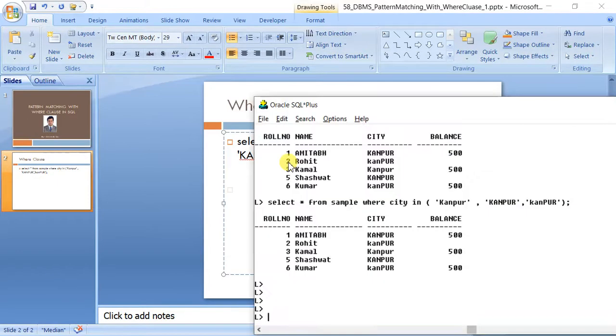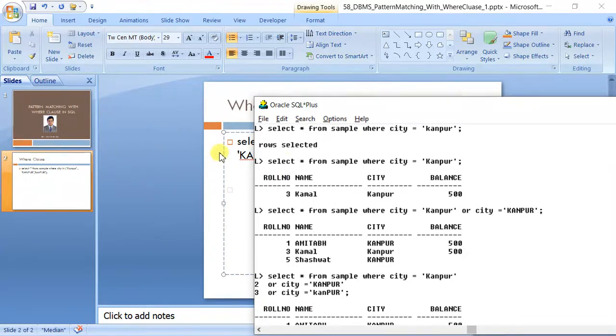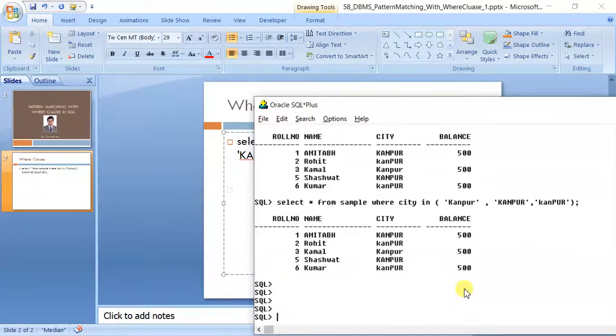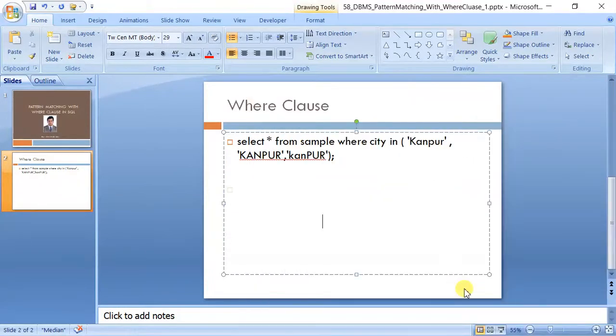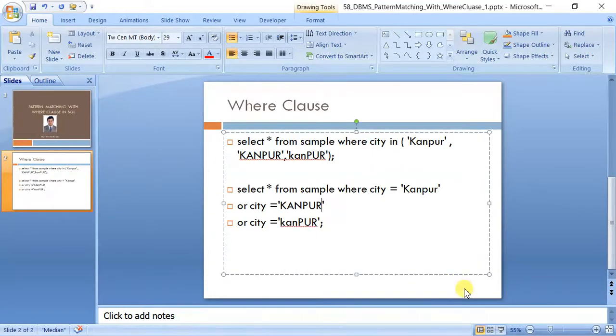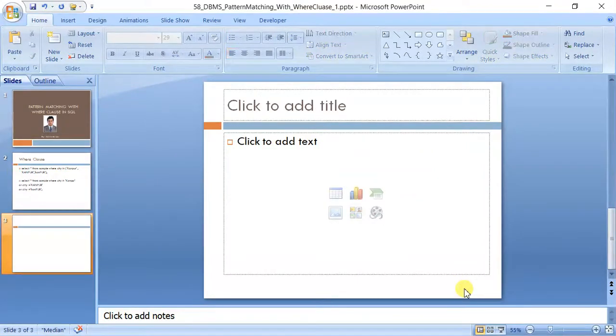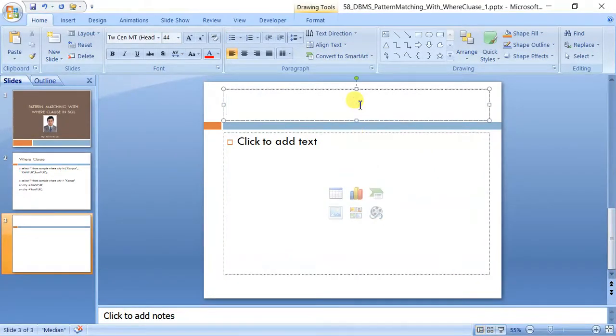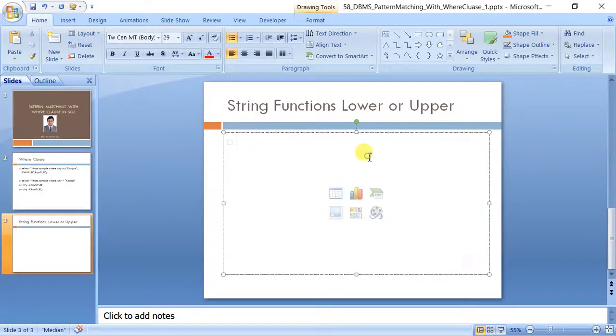So one method was this, another was this one. Both of them are not a recommended way of doing it. So better is you use string functions, lower or upper. They will simplify your task.